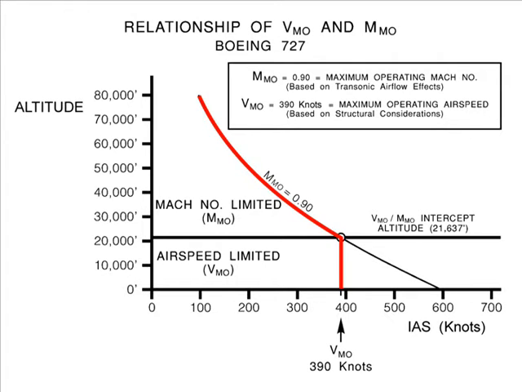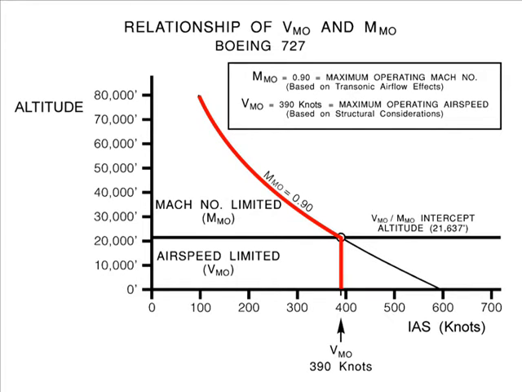Indicating 390 knots at sea level, the true airspeed is also 390 knots. So the Mach number is less than 0.6, well below 0.9. Climbing at 390 knots, the true airspeed and Mach number increase. Slightly over 21,000 feet in the standard atmosphere, the Mach number has increased to 0.9. To avoid exceeding this limit, the indicated airspeed must be reduced to keep the Mach number at 0.9 as the